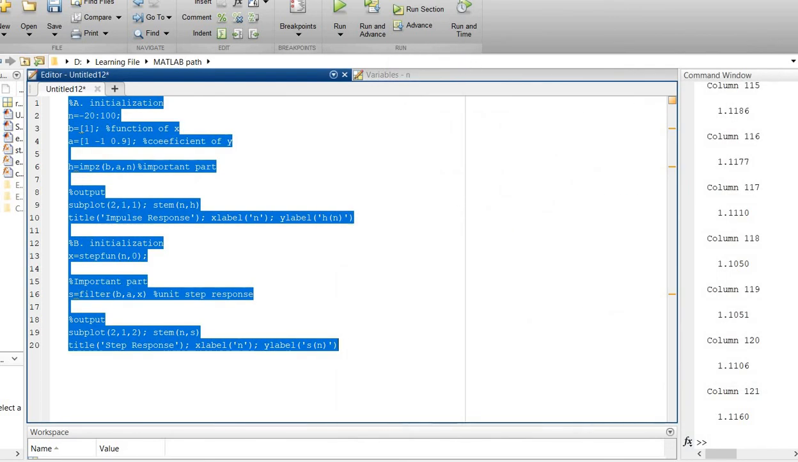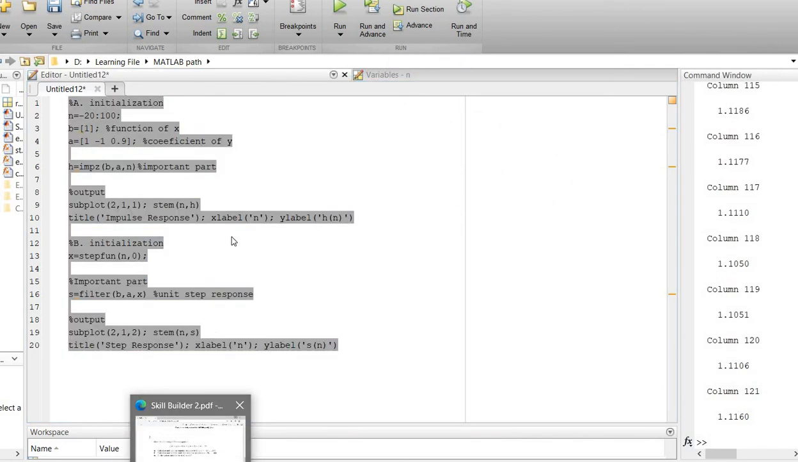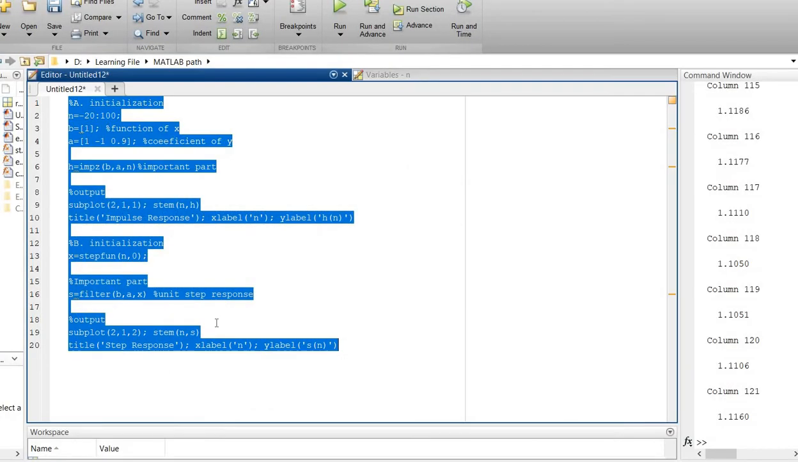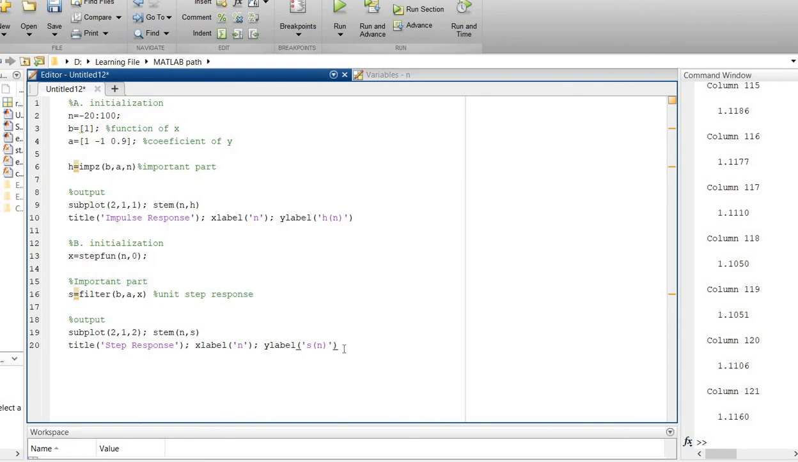Okay, so the third question would be, is the system specified by h of n stable? There are two methods to find this. The first one would be finding the roots. Let me do this. Roots of a,